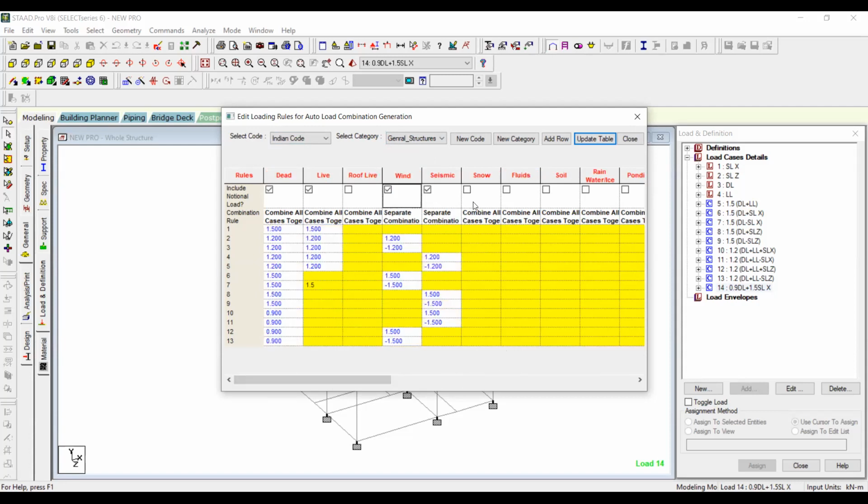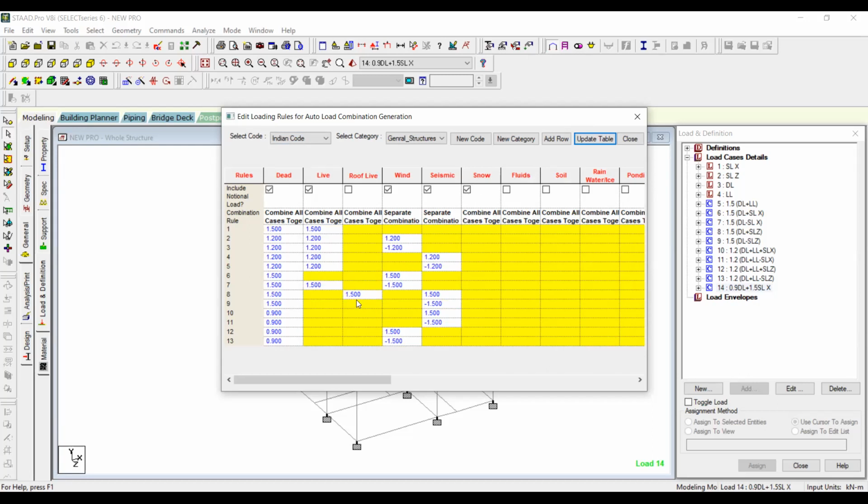For example, I just switched on this snow load. I'm just telling you an example, and I have typed it as 1.5. Without clicking on this update table, if I click somewhere else, this snow load will be on, and if I type 1.5 and then update this table, this check mark will come back again.